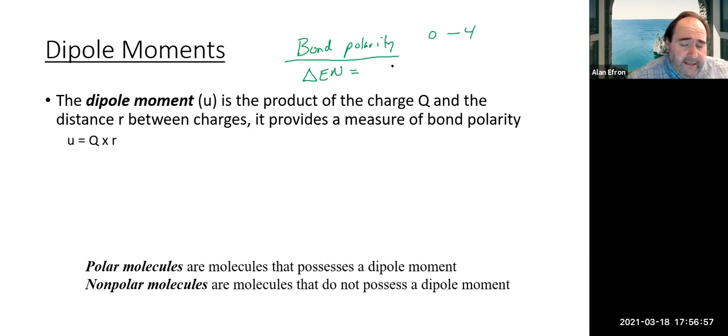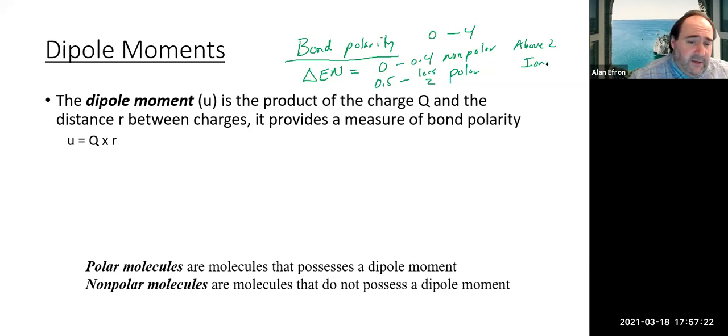And again, if we take that difference in electronegativity values and we had 0 to like 0.4, that's considered a nonpolar bond, or the electrons are going to be shared pretty equally. If we did a little bit above there, like maybe 0.5 to less than 2, that's going to be some type of polar bond where we're not going to share the electrons equally. And if we're typically above 2, we're not going to get any sharing of electrons. We're most likely going to get more ionic